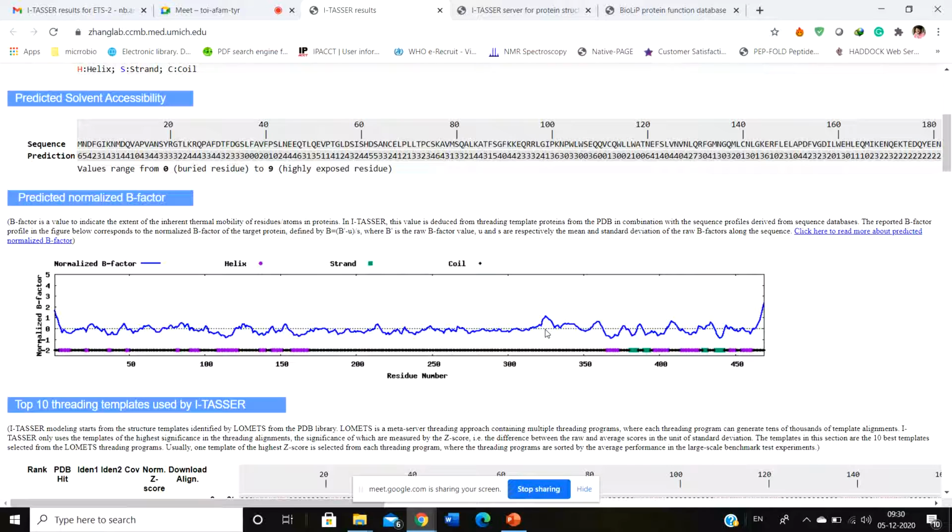If you go on the basis of accuracy, all the residues below this particular 0 line are pretty accurate. Their positioning is almost accurate, as it should be in the normal protein. But the residues which are above this have a very high B factor. So it's not easy to place them.